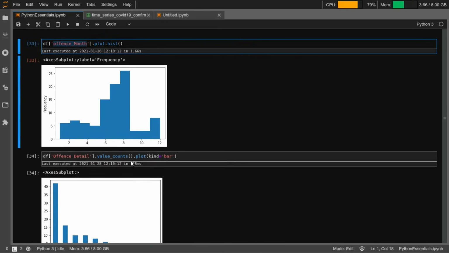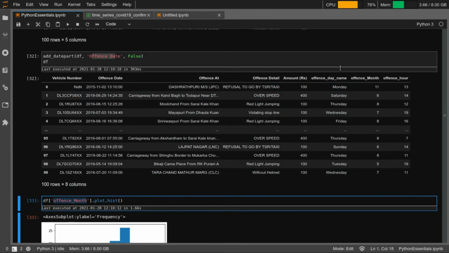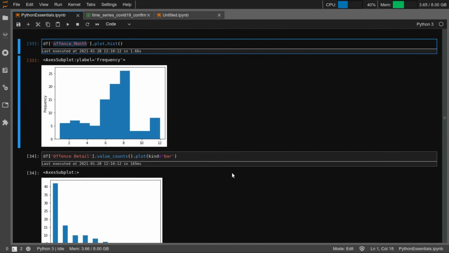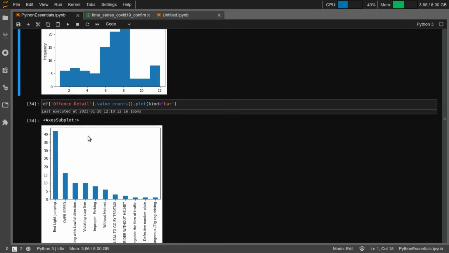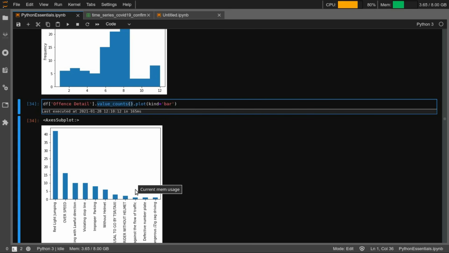Similarly, there is the offense detail. Offense detail is overspeed, red light jumping, etc. Let's say you wanted to figure out, for each offense, what the number of counts was, right? How many challans were there for overspeed, how many for red light jumping, and all of that, and you wanted to plot that. Again, very simple with a data frame and pandas, because you can just select the column, and value_counts will give you, for each value, the number of counts, right?